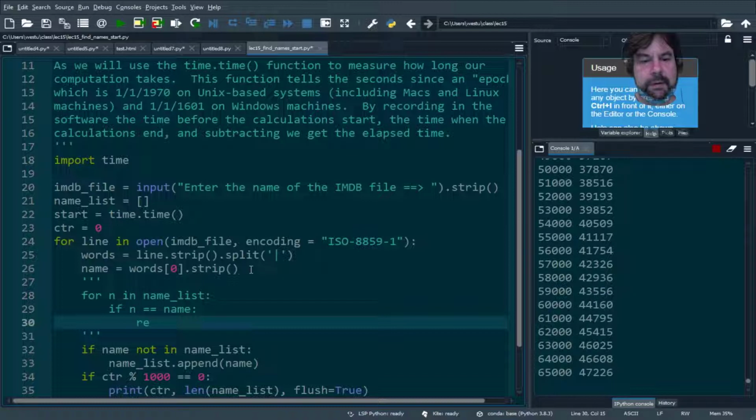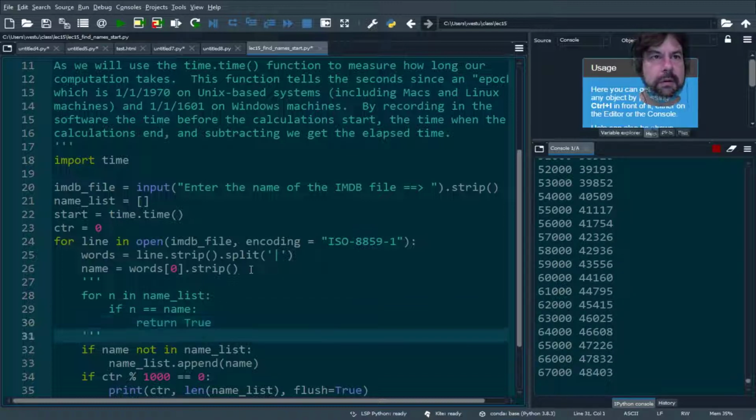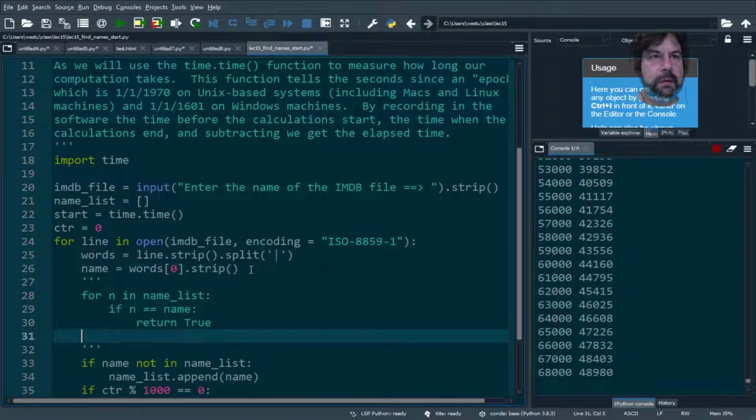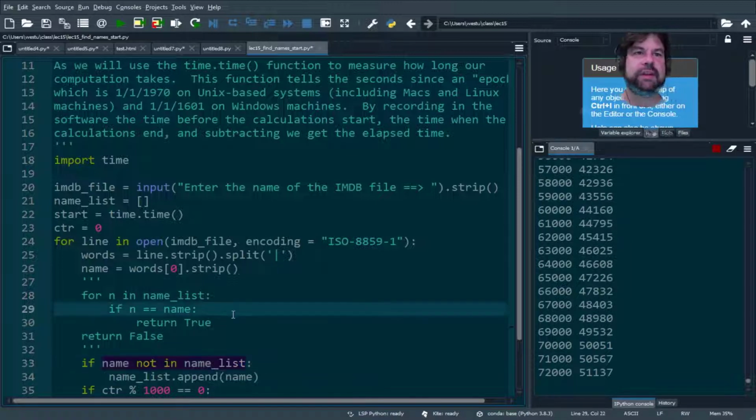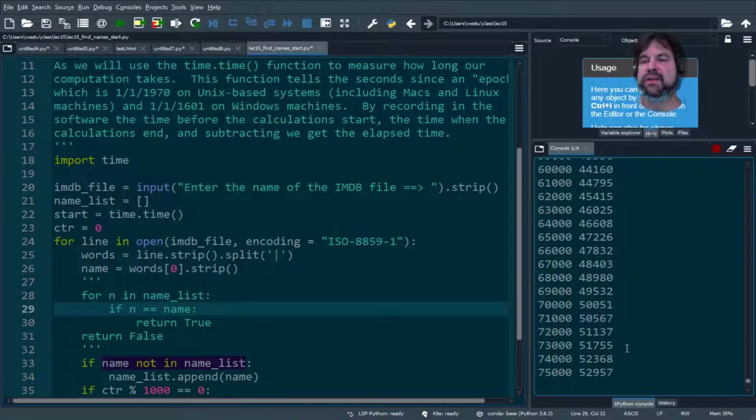So that's essentially this single statement, name not in name list. That's essentially what this single line is doing. And it's taken us a while. We've read 74,000 lines from a file of 260,000. And we're getting slower and slower and slower. All right, so